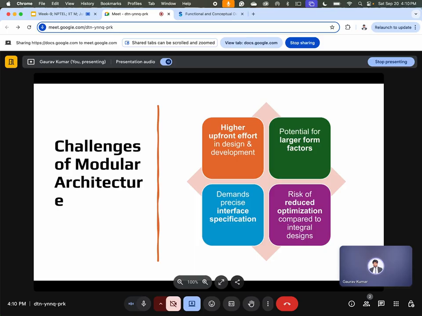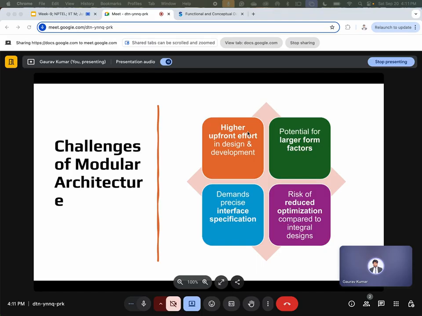Moving towards the next. Next is challenge of modular architecture. Despite its strength, modularity comes with its own set of challenges. Designing modular products often requires a high upfront effort and resources during the development stage, especially